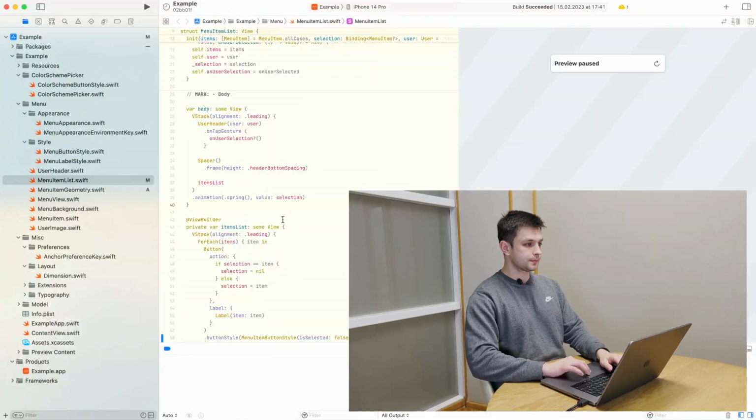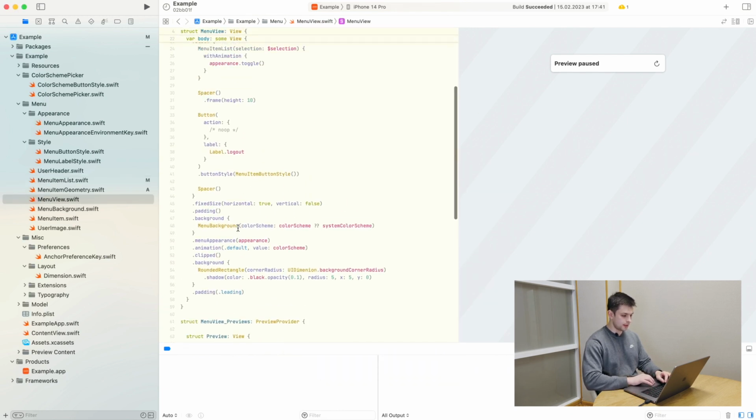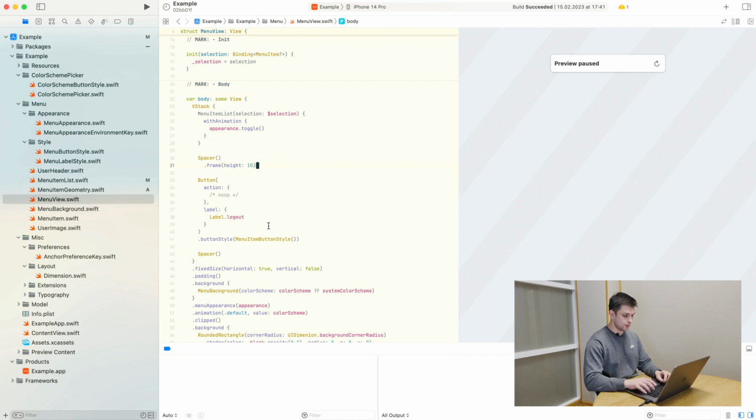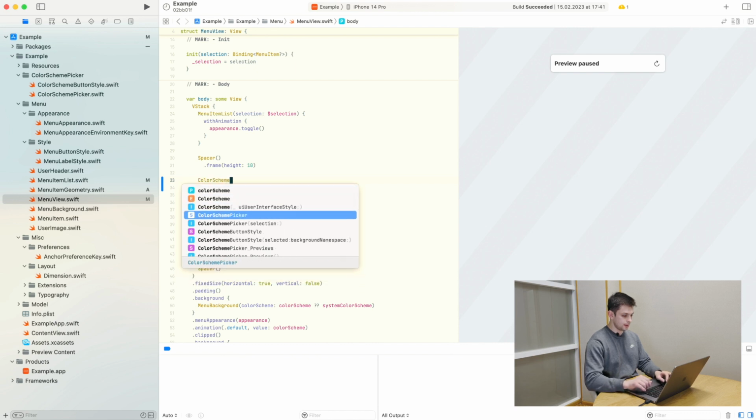After we finished with selection animation, it is time to get to the very interesting part where we will implement the custom transition. As you may see here, we have a custom transition when the user selects from a light to a dark scheme. So it fades out like a rectangle and it fulfills the whole background. So let's give it a shot and think how we can implement this. Before we start, let's go back to the menu view itself and add one more item here before the logout button. It is already implemented in our code,